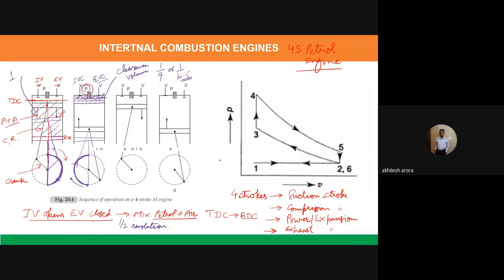With the help of this spark plug, a spark is produced, and this spark ignites or starts the combustion process of petrol, because the air is already present there, and you know air is required for the combustion process. So what will happen? There is production of high pressure, because when the fuel burns, gases are produced, and those gases are at very high pressure. So those gases will force the piston downwards during the next process.